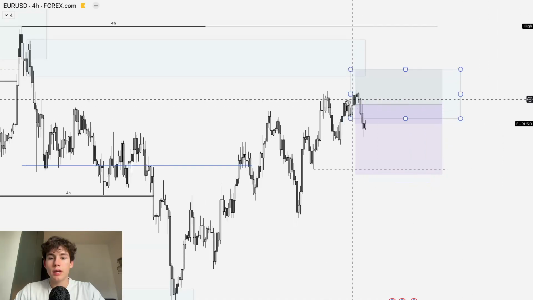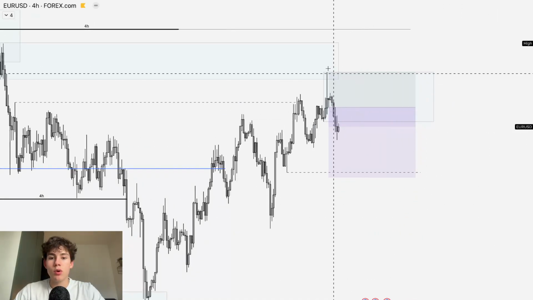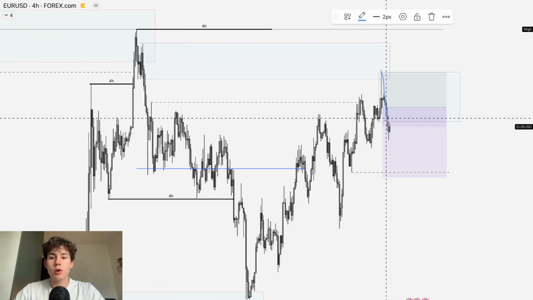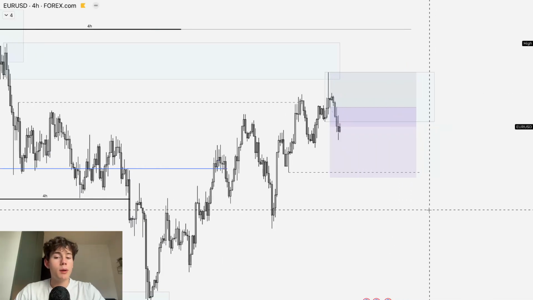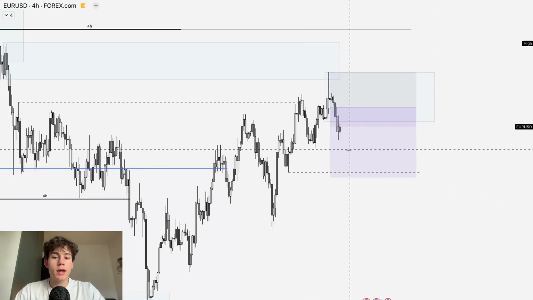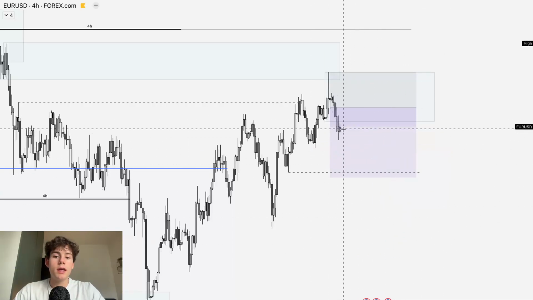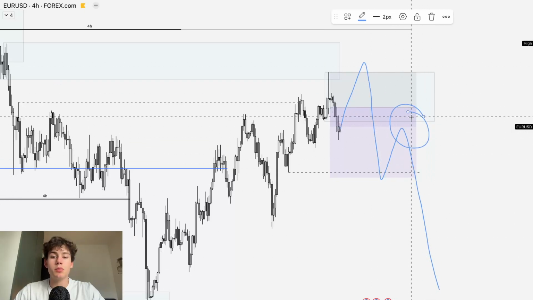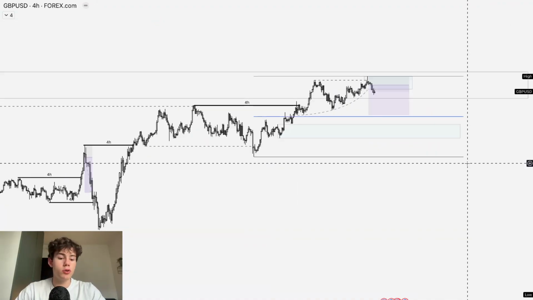Although you should be careful that we do not see one more swipe before trading down lower, because this is your first step in towards the supply. So this could be early sellers, then a swipe, and then you will move down lower. Overall, I'm looking for shorts next week, but we gotta see if we break this daily fractal, we could already trade down lower. If not, we see one more swipe and then we break down lower. That's also a nice point to take a short setup. So that's what I'm waiting for on EUR/USD.